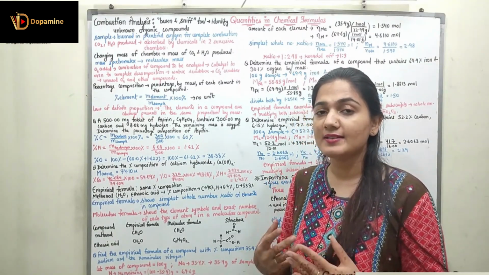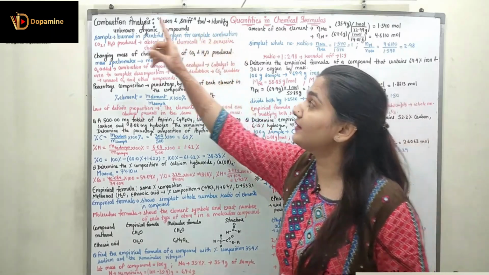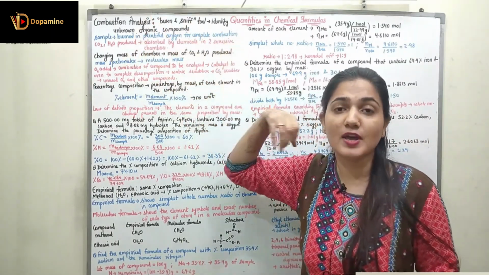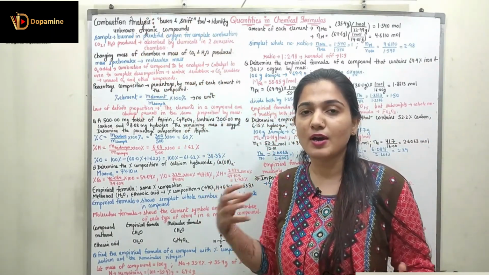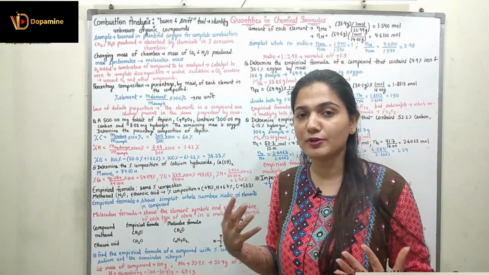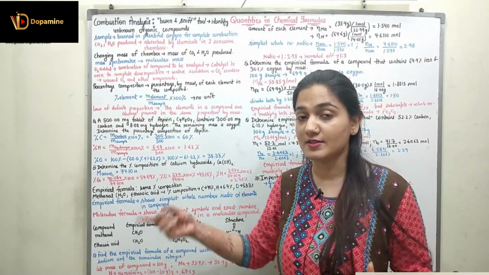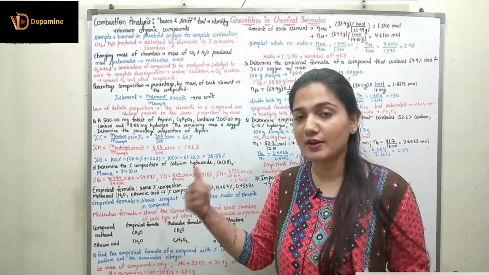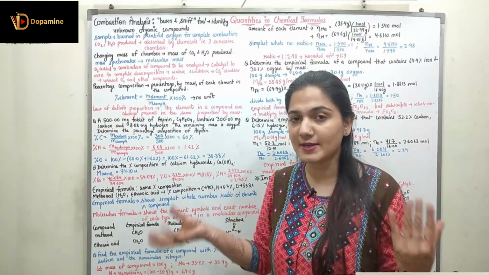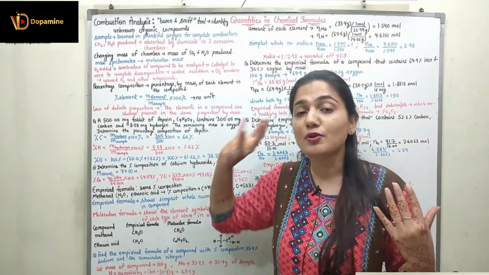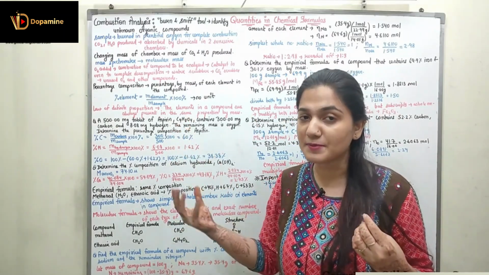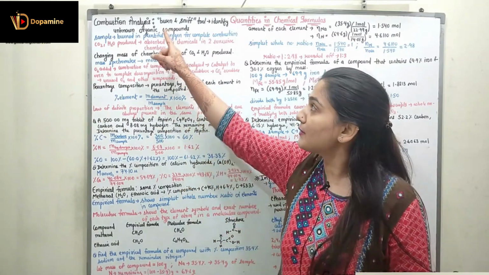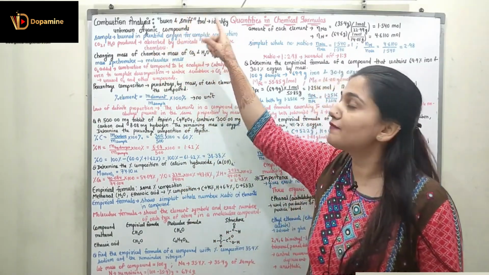In the combustion analysis, we are identifying the unknown organic compounds. We don't know the molecular formula or the empirical formula. What are molecular and empirical formula? We are going to discuss. We don't know the formula of the organic compound. We don't know which elements are present in this compound, and we have to identify the elements and the subscripts also. So this is a technique which is known as a burn and sniff tool.